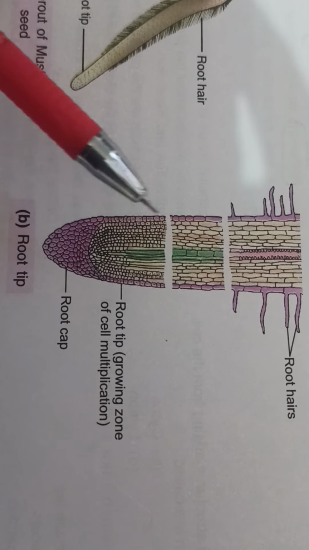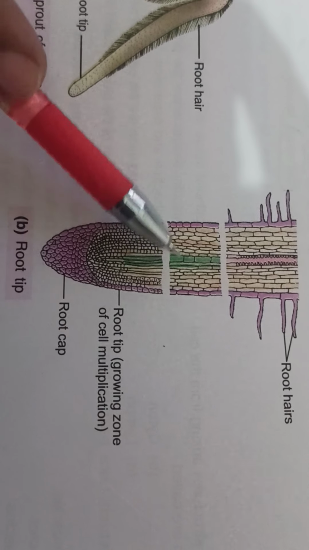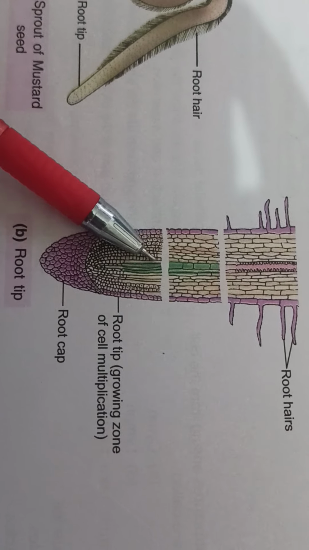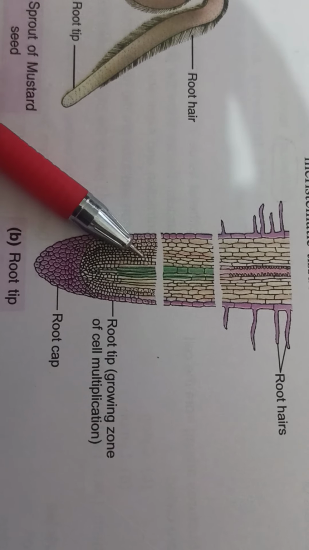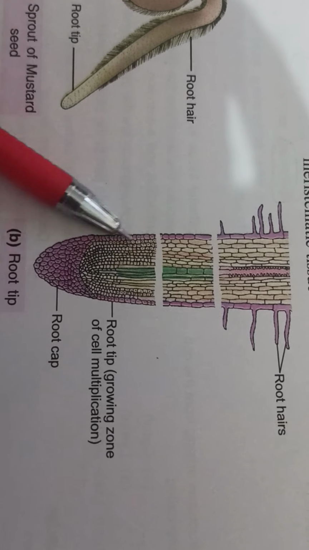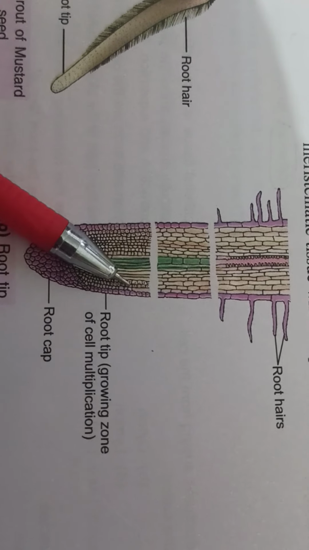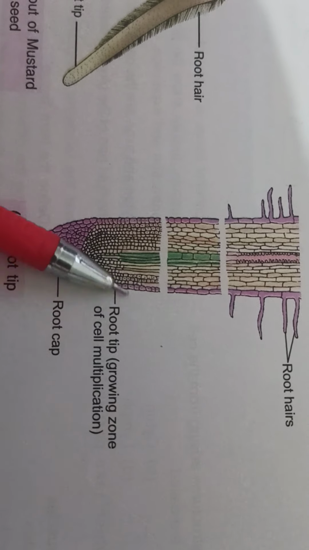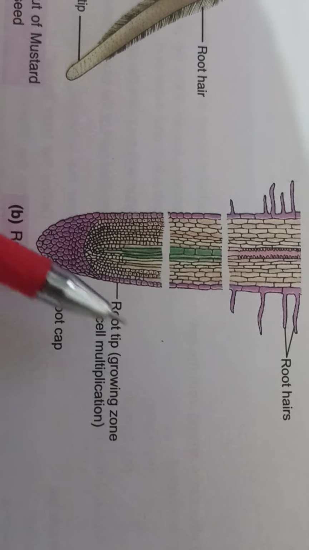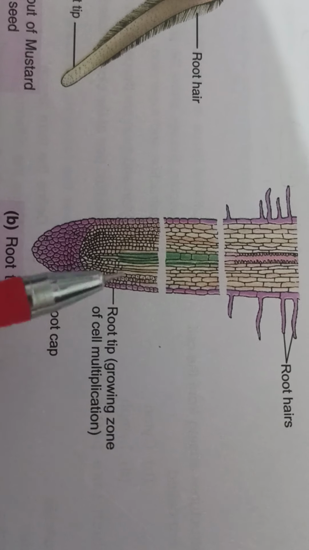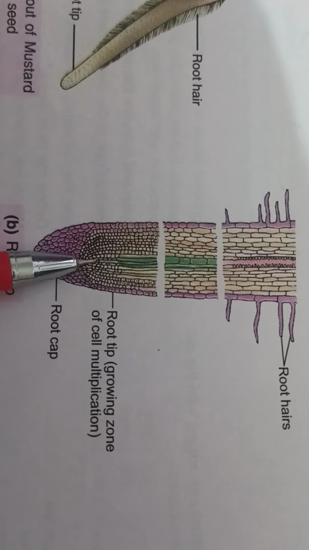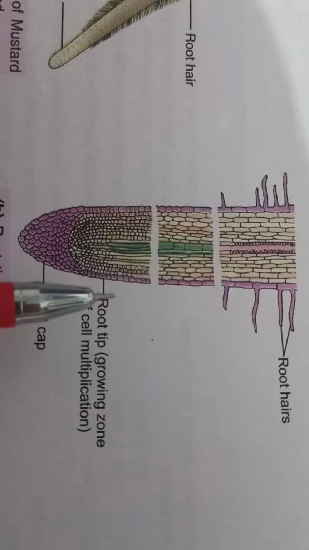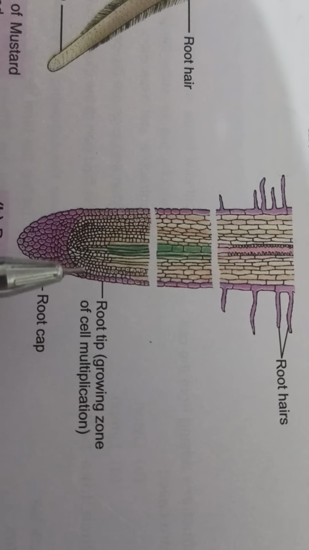Okay, so these cells lack spaces. It means they do not have spaces in between the cells. They do not have intercellular spaces. So these cells are actively dividing. They make the new cells of the plant body. That's why they contribute toward the growth in the length and the width of the plant. That's why these are present at the root and the shoot tip, because they help in the growth.